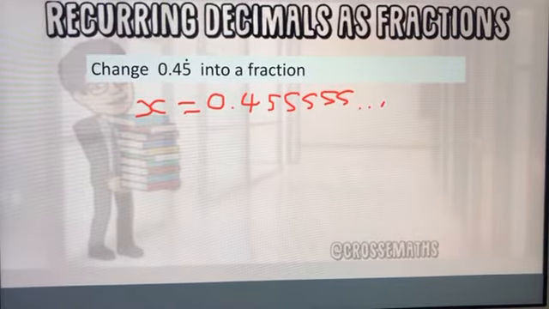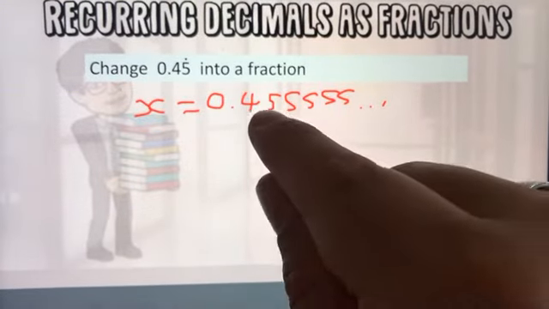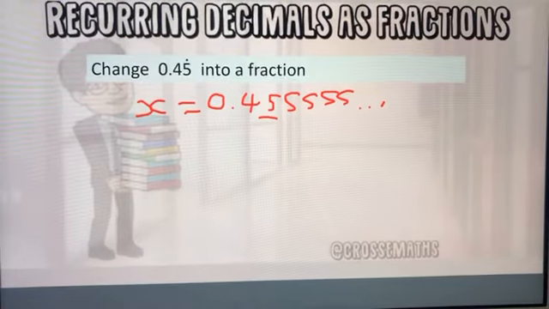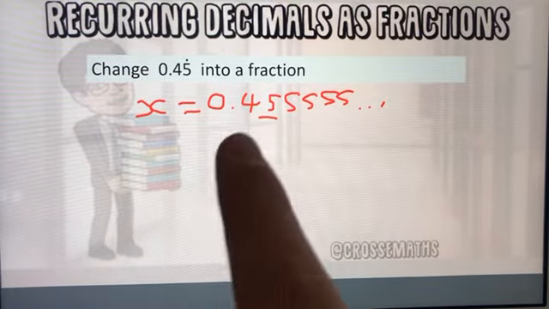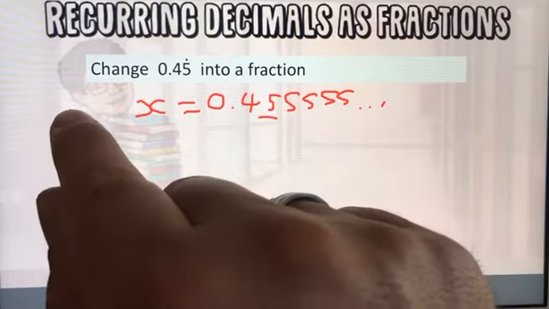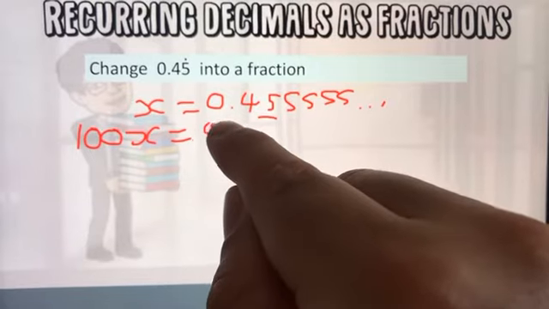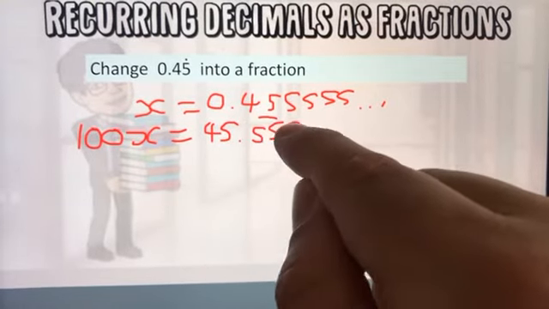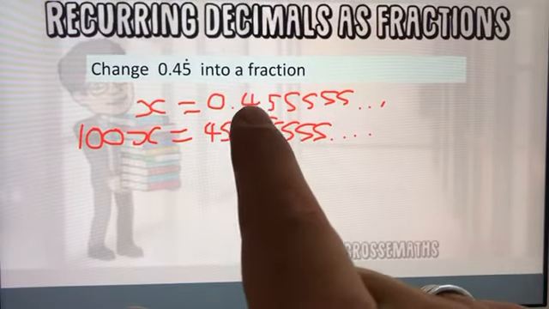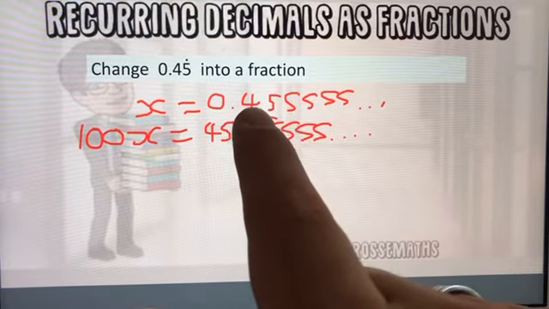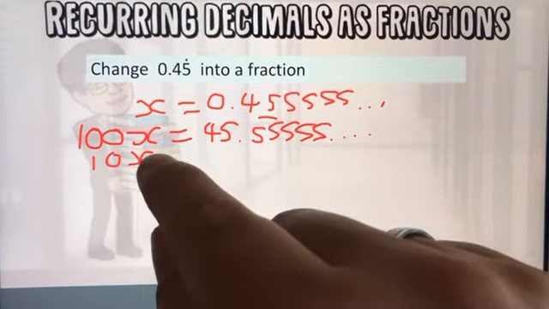Now the two things we need to do, we need to get the first recurring digit. This first 5 is our key number. We need to get that over the decimal point, and we need to get it next to the decimal point. So in order to get it over the decimal point, I'm going to times both sides by 100. So I got 100x equals 45.55555 going on. Then I'm going to get it next to the decimal point. I'm going to need to move over one space. So I'm going to times both sides of the top by 10. 10x equals